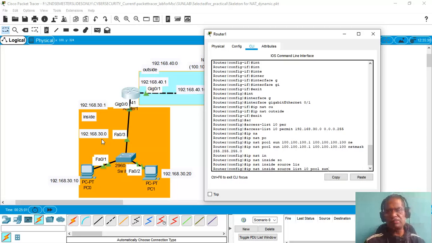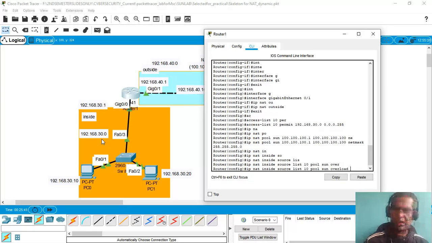overload also it will work. Without overload it is going to act like a static NAT, 1-to-1, right? Every single IP address here will be used by one single machine inside the network. That is actually without the overload. When I say overload, all the IP addresses will be used interchangeably by all the machines. That means no single IP address will be confined to an individual machine when it wants to go to the internet. So at this moment I can give the option overload or not overload. You can try it. I will give the option overload.